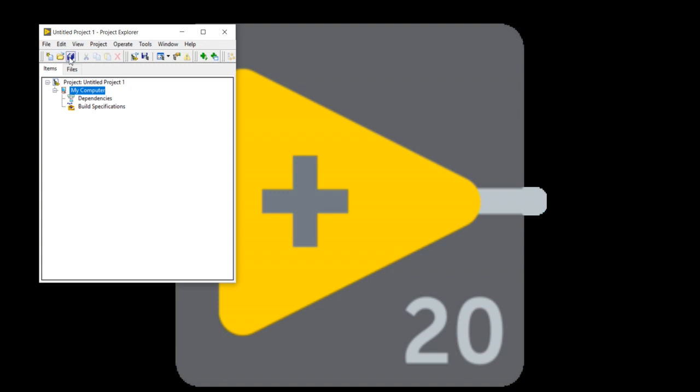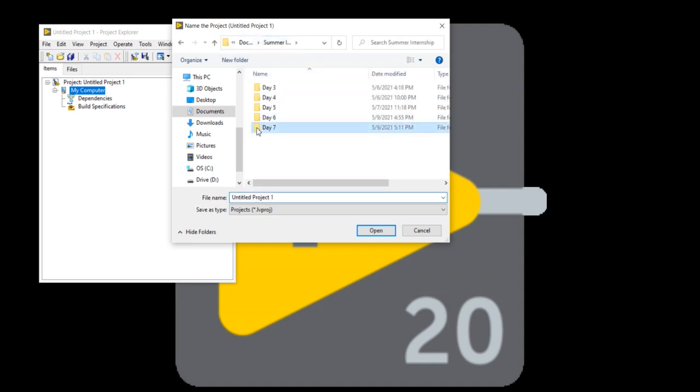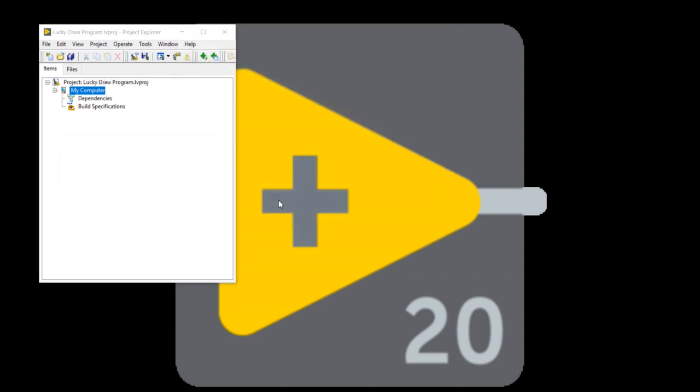Now I am going to save this program. So I will save this program inside day 7, inside lucky draw program, and here I am going to name it lucky draw program dot lvproj. lvproj will be the extension.